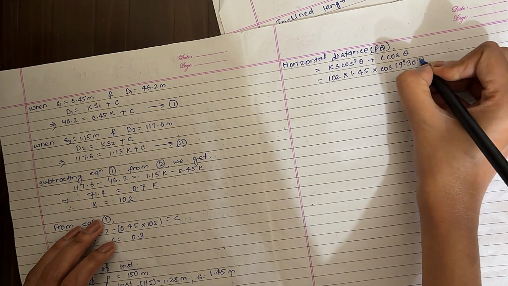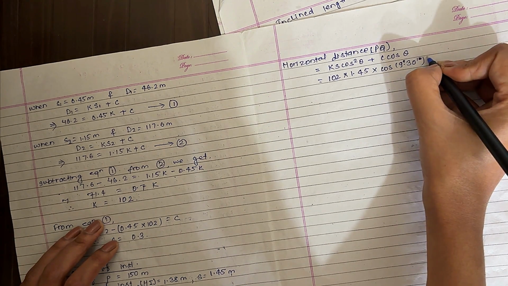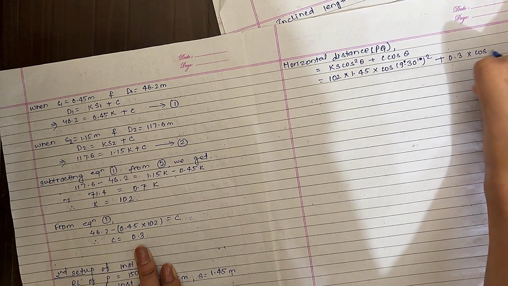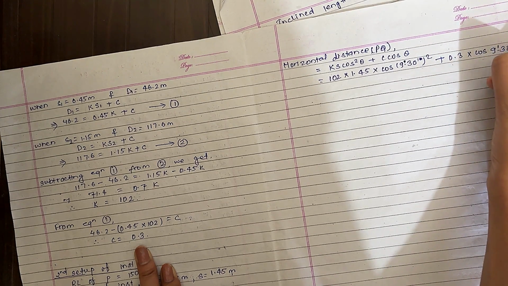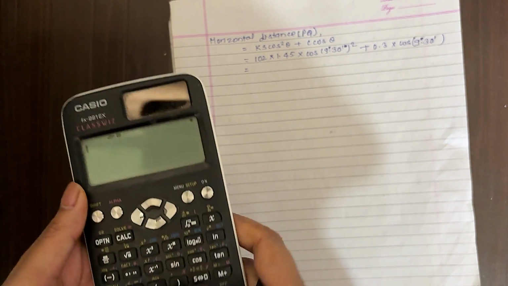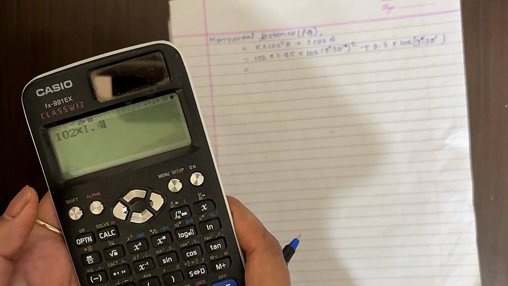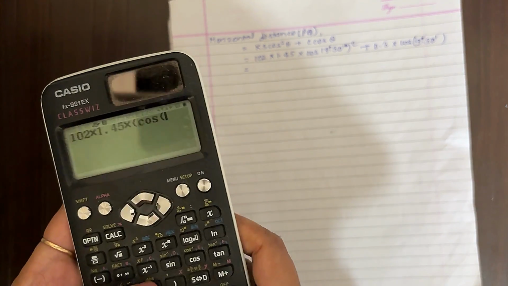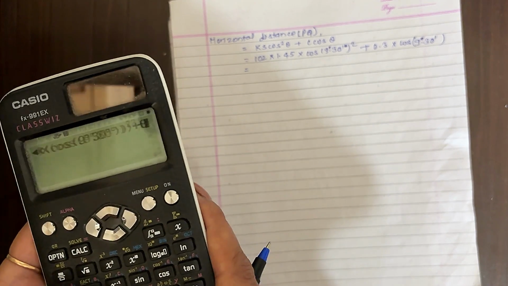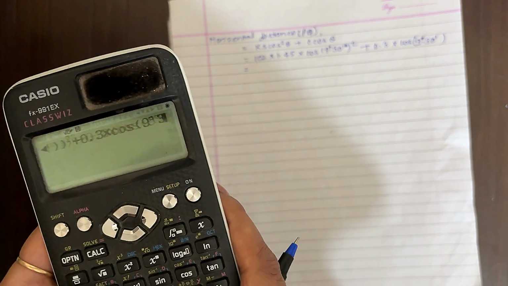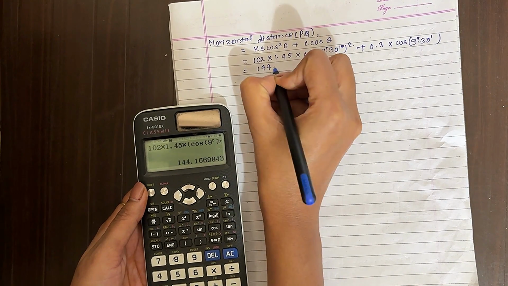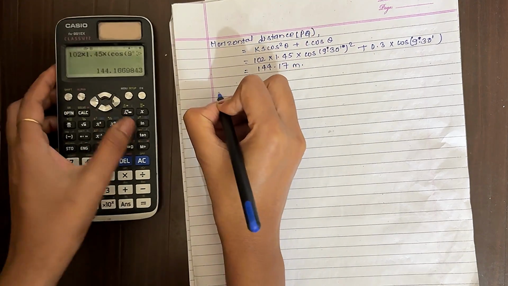square. C here is 0.3 into cos 9 degree 30 minute. So now we have 102 into 1.45 into cos square 9 degree 30 minute plus 0.3 into cos 9 degree 30 minute, which is equal to 144.17 meter. Now the vertical distance